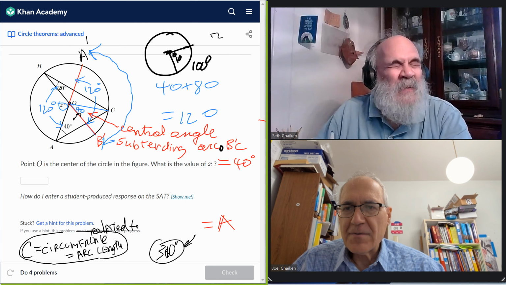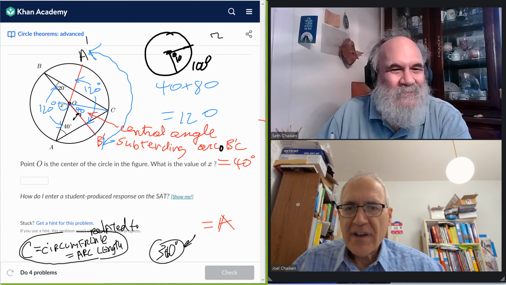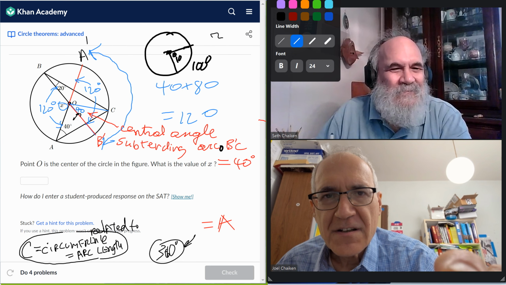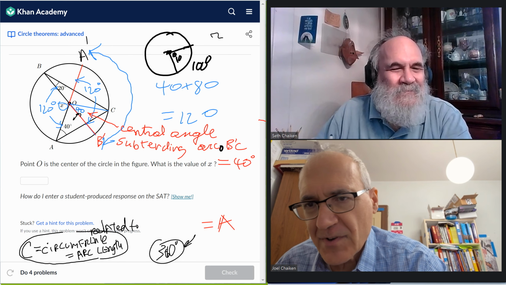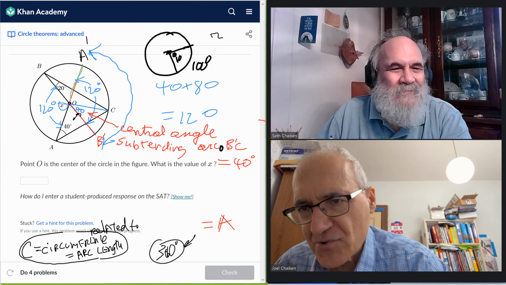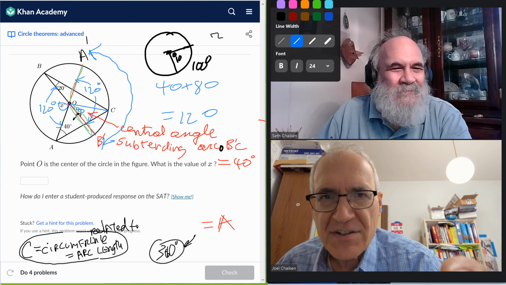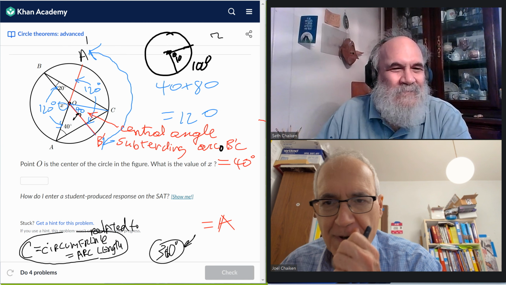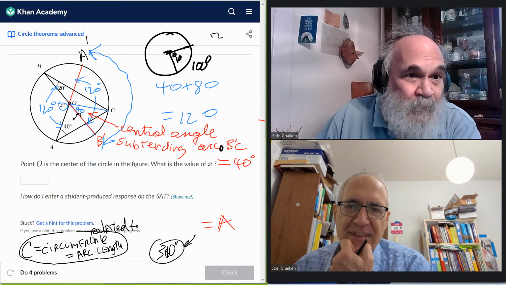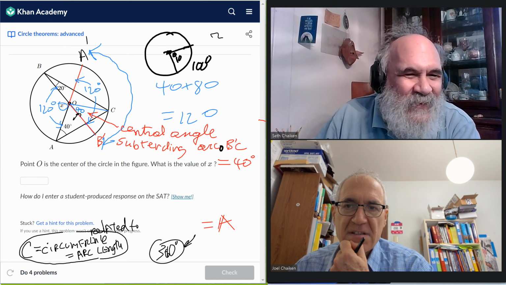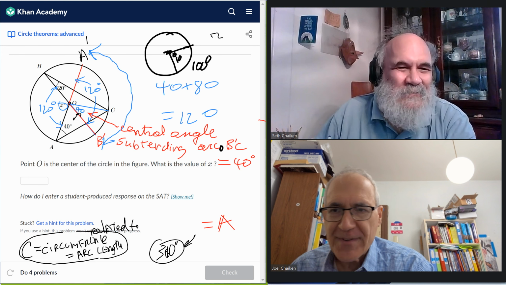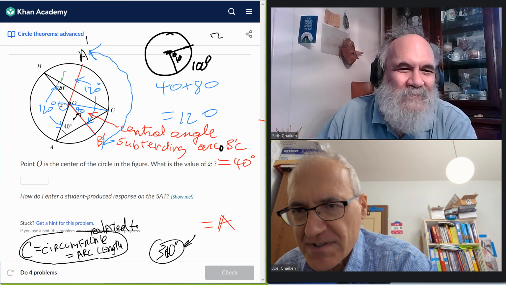Now, Seth beat me to it when he drew those red auxiliary lines. I'll put them in green. Auxiliary lines. See, Seth drew those in there. Seth beat me to it. I would have had to think a little bit about what to do. So that comes from experience. We know that there's an inscribed angle. Once you see an inscribed angle type thing here,